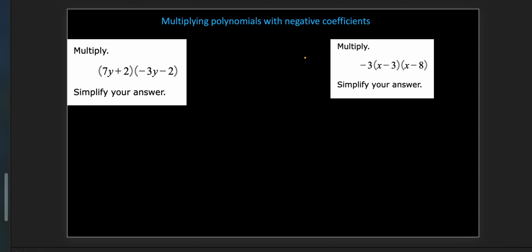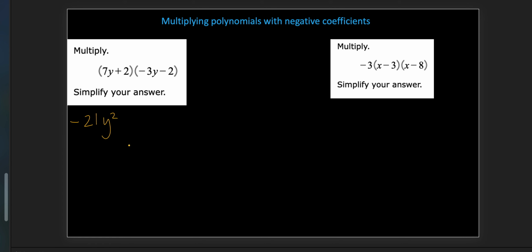In this problem, multiplying polynomials with negative coefficients. So we just have some negative things going on. So we use FOIL because we do have two binomials here in this first problem. So what we can do is look at the 7y and the negative 3y. That'll make it negative 21